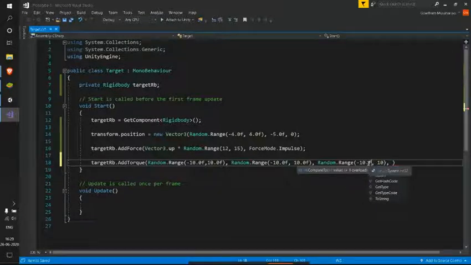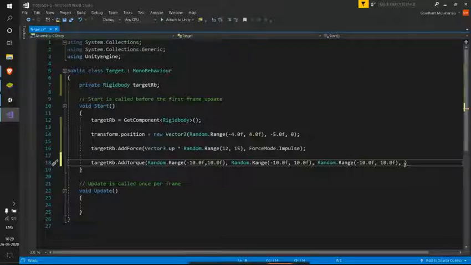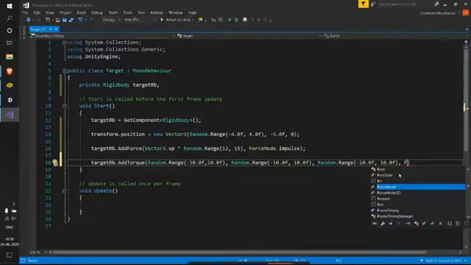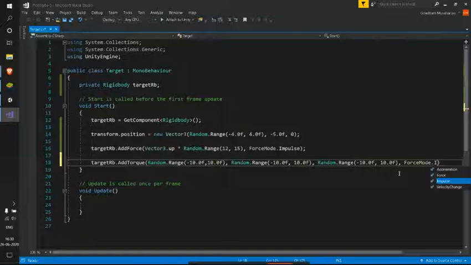See here, this is a 2D game, but here we want our game object to rotate even in z-axis, right? Even our background is 2D and our camera is placed in a 2D manner, but our objects are 3D. So even we can perceive the depth also. See, when we see the shadow, we'll be able to figure out the depth. So even though we do not practically have the z-axis, we can perceive that. So that's the thing. And here also I'll be giving force mode as impulse, as this has to be done instantly.